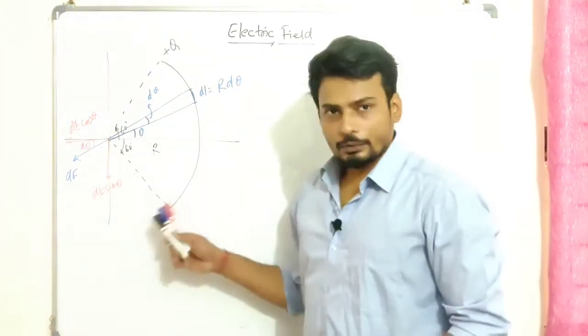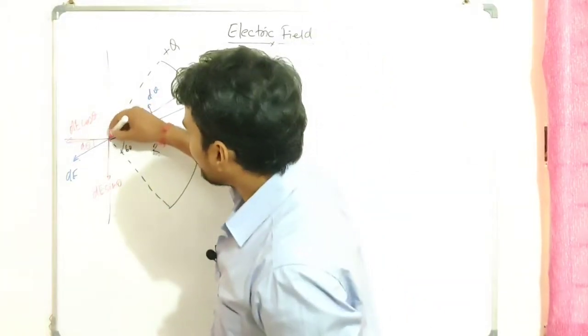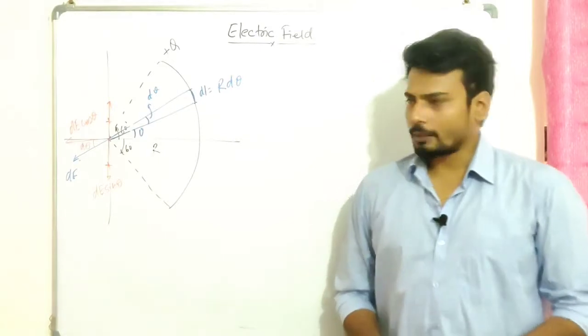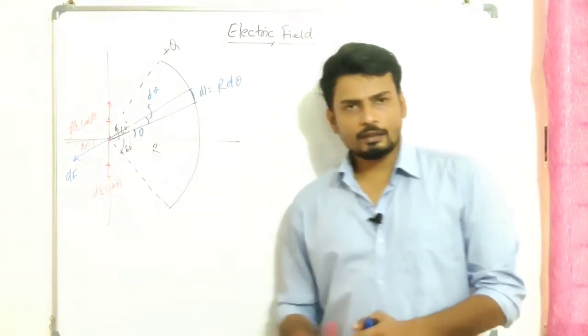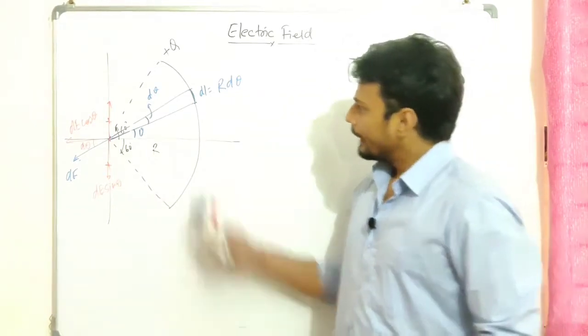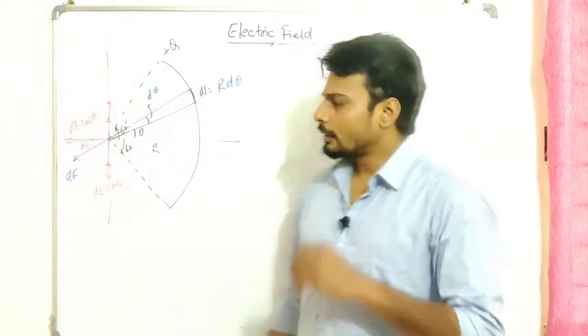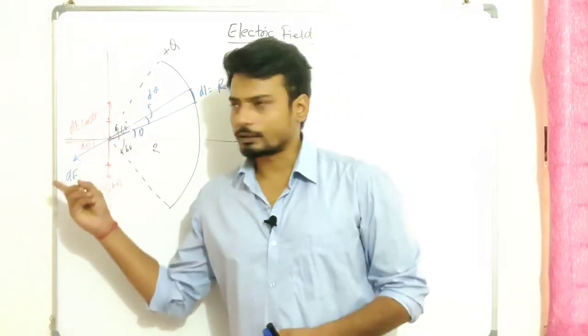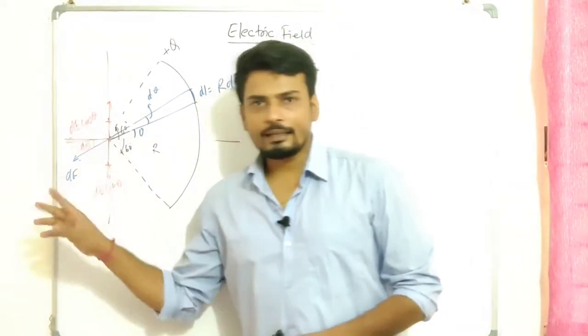So because of symmetry this part will be nullified, so there won't be any field in this part. That's going to be nullified because of the symmetry, right? There are going to be some cases in which we might not have the symmetry. We're going to learn the ways to find that, but as of now we can see there is a symmetry over here, right? Okay, so basically what we need to find is the cos component of dE. So cos component of dE, that's going to be dE cos theta.